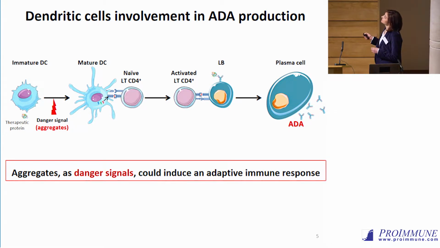Then these T-cells may help B-cell maturation and the isotypic switch to finally give the development of ADA of high affinity. So in this context, dendritic cells play a pivotal role in the establishment of this